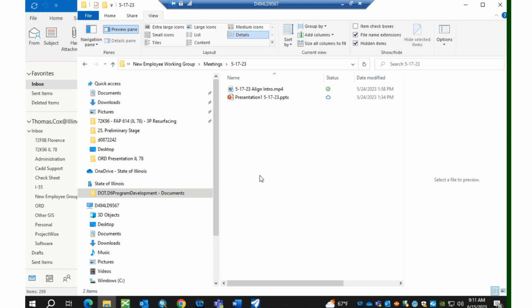All right, this is session 2 for the IDOT District 6 New Employee Working Group. We're picking up, we're going to continue with Illinois 78. It's a 3P project that has a lot of spot 3R type locations, and let's go ahead and continue. As you remember in the first session, we created the alignment,